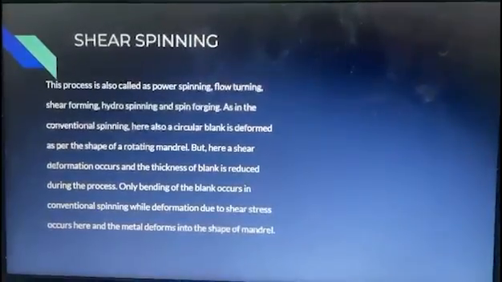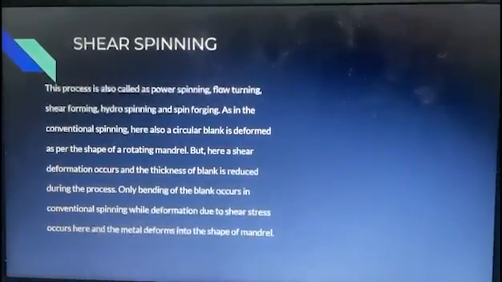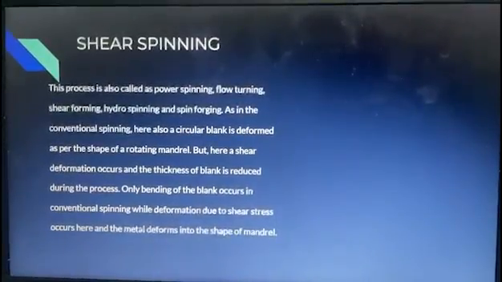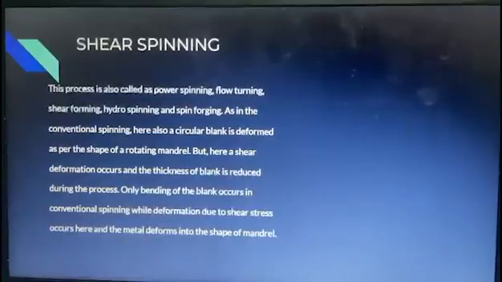Shear spinning. This process is also called power spinning, flow turning, shear forming, hydro spinning, and spin forging. As in the conventional